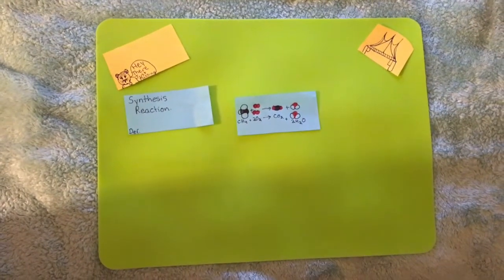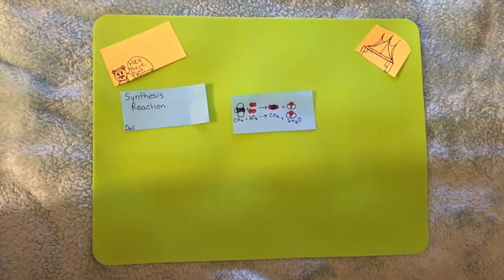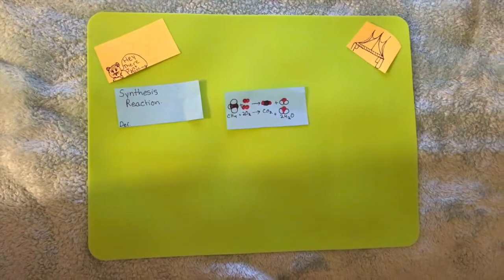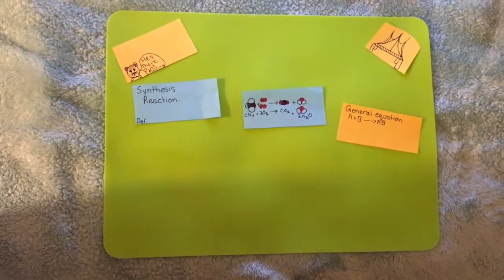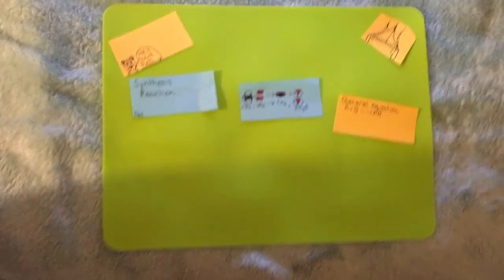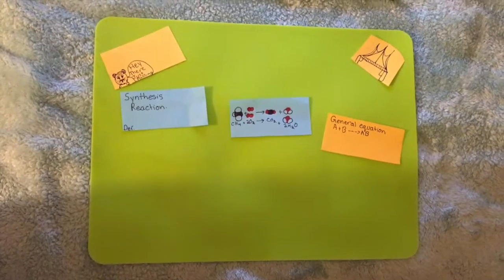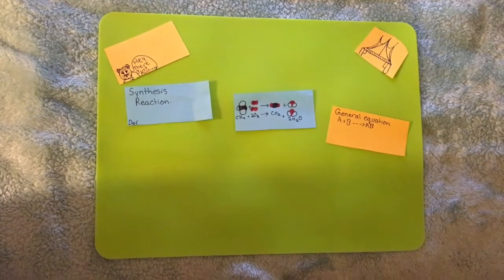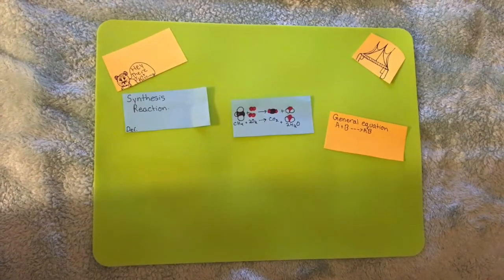This reaction is a type of chemical reaction where two or more simple substances unite or combine to form a new and more complex product. General equation. The synthesis reaction is normally represented by the letters A and B, forming a compound represented by AB. A and B could represent only two different elements, or they could even be compounds, which are two or more